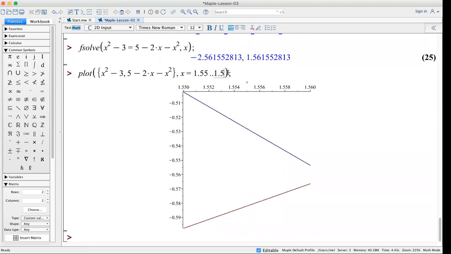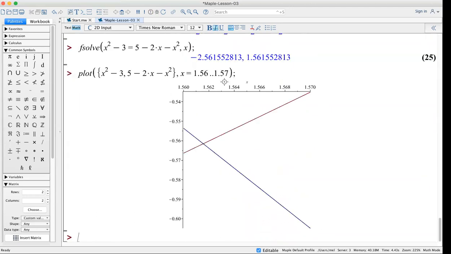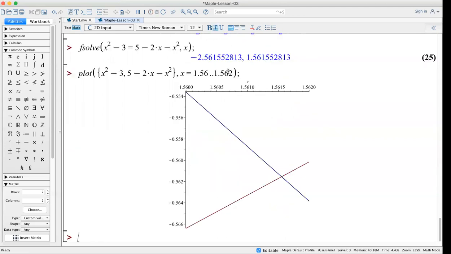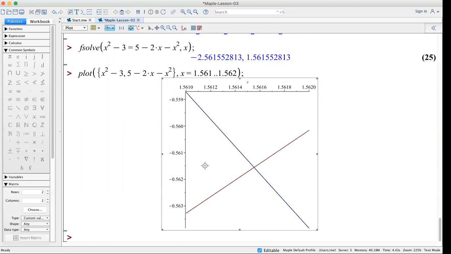Oops, too much, 1.57. So this x coordinate where they intersect is about 1.561. Really blow this up. So here's the x coordinate, and you can see the y coordinate is about,